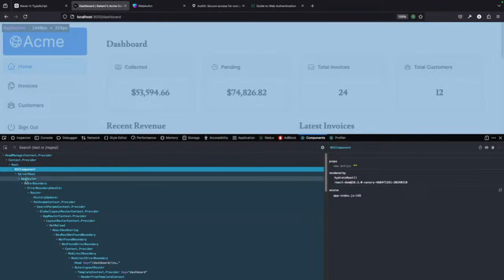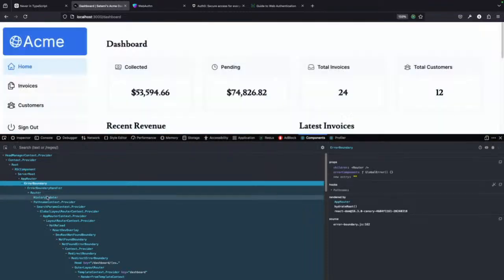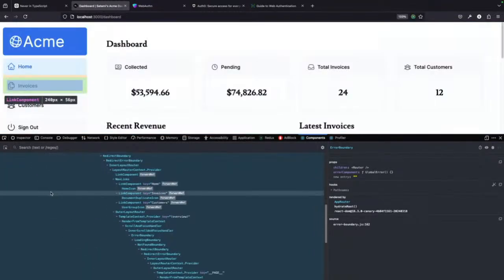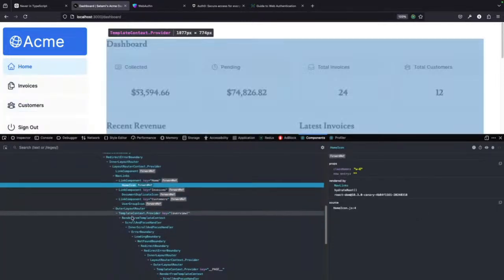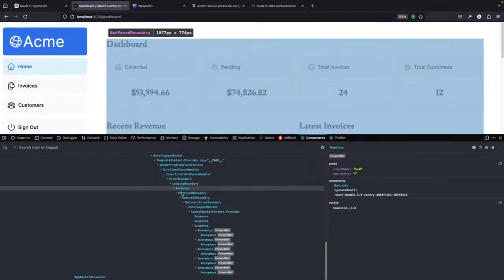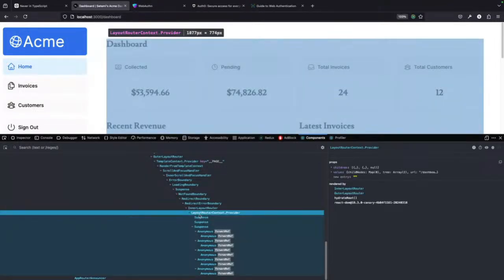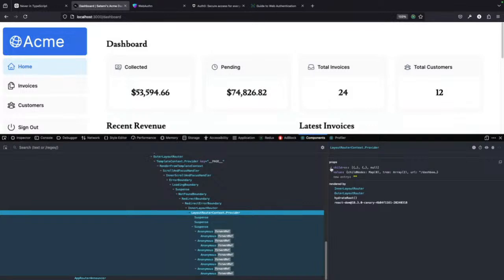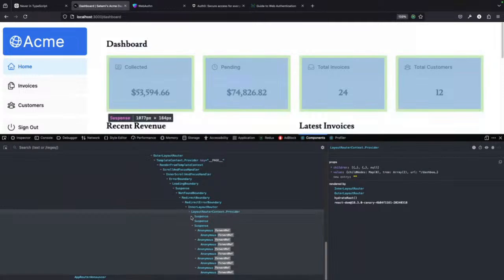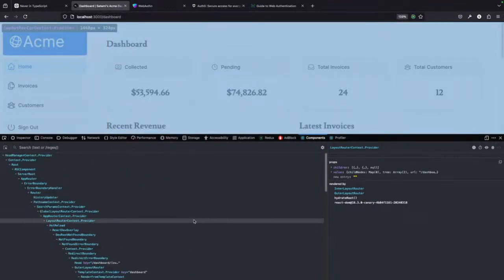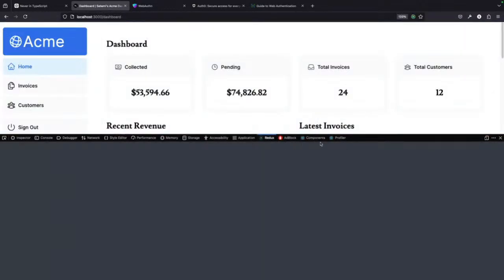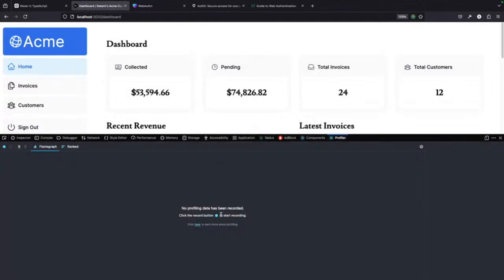You can see React server side component. This is an error boundary. Yeah, we can still play around with the React. The React tree still got everything there. So you can see that. So we can still use the React Dev tool to manage and monitor all the operations that are going on. All right, and we can also use the profiler if we know how to use the profiler.